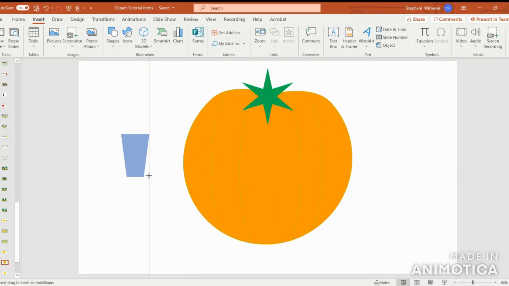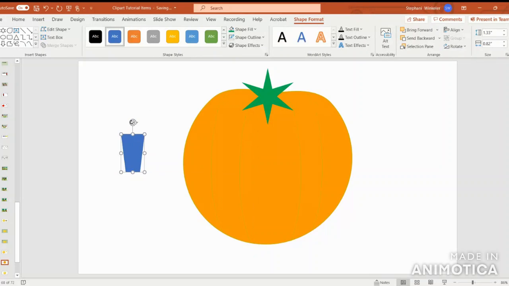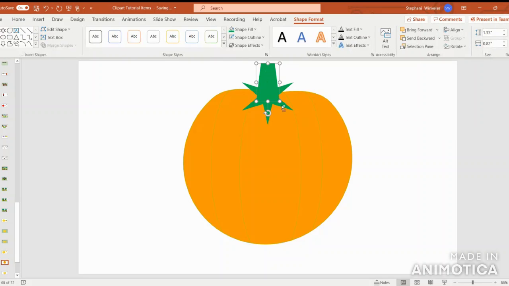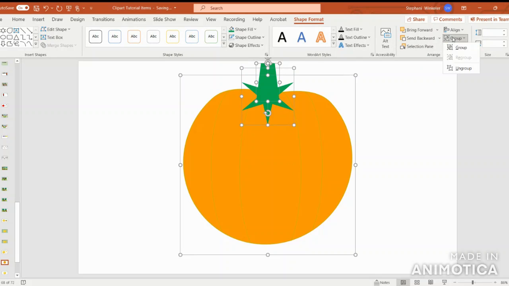I'm going to go ahead and create that, turn it around, and then also create it in the same color. I'm going to put it right up here and align center. Next, go ahead and group it all together